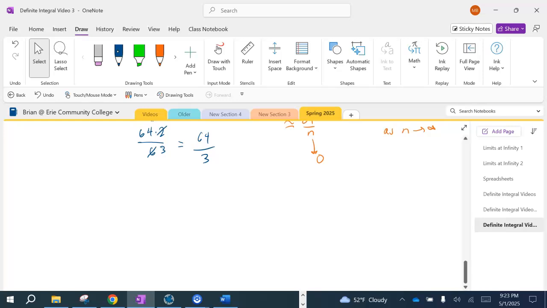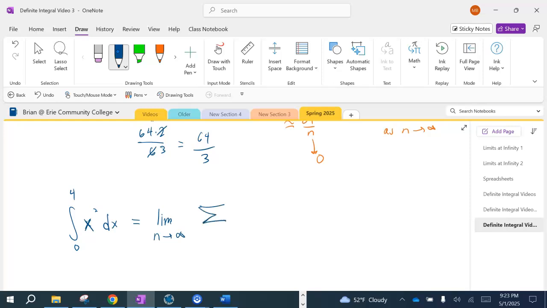All right, so just tying this together here, we started out with the integral from 0 to 4 of x squared dx. That's going to equal the limit, and because we're using a regular partition, we could say it's the limit as n goes to infinity of our summation from k equals 1 to n of f of x sub k star times delta x. Again, delta x is not a variable, it's fixed in this example. And that came out to, after all of our work,